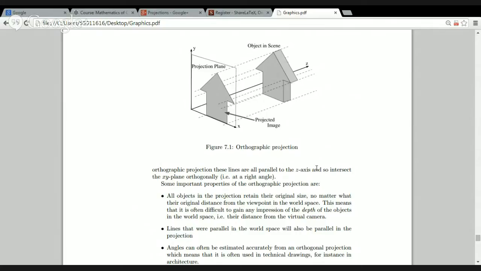Now that is simultaneously an advantage and a disadvantage for this projection. It's an advantage in the sense that the size of the object in the projection corresponds precisely with the actual size of the object in reality. So things in the projection have the same size as they do in reality. So that can be an advantage. It's a faithful representation of the object in that sense. However,